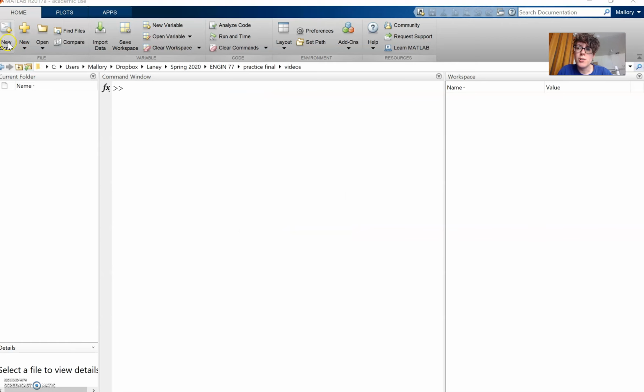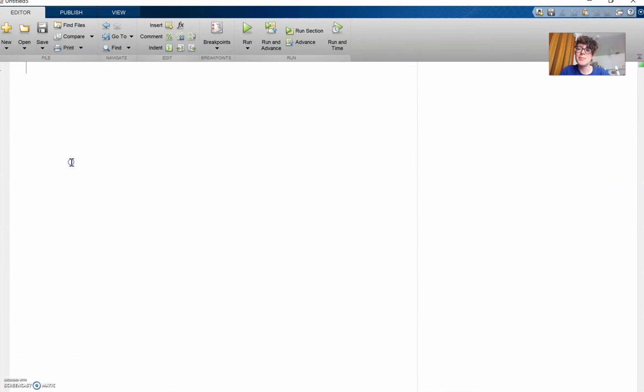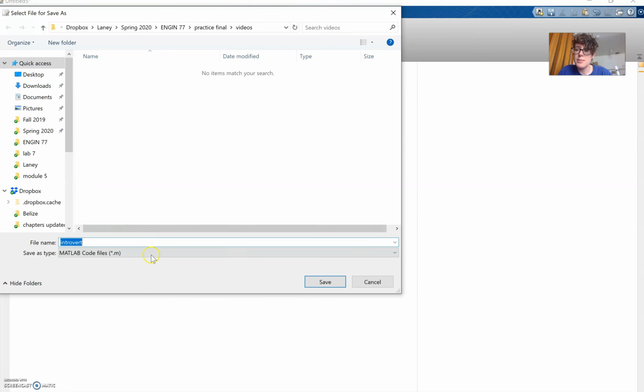Moving into our code, I'm going to create a new script. Make sure that it's on the right monitor. And I'm going to start my code with the header line that I want. So it's going to be function b equals introvert of a. Let's go ahead and save that function. When I save the function, I want to make sure that I'm saving it as the same file name as